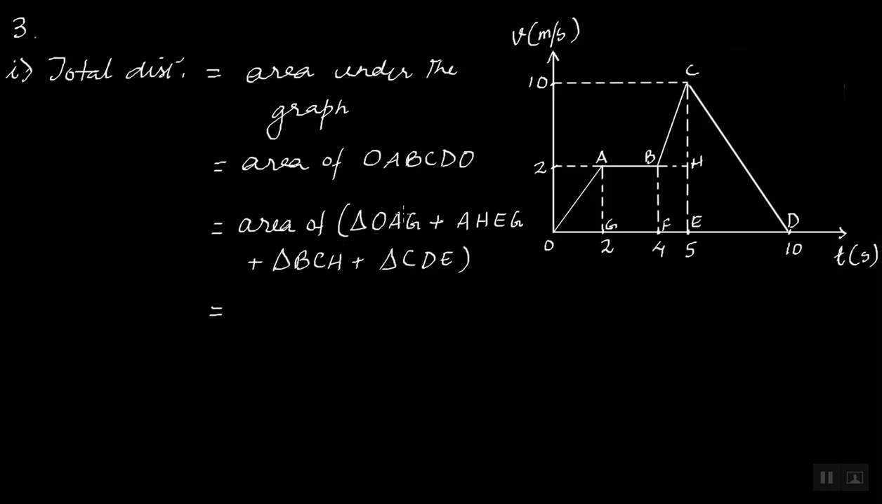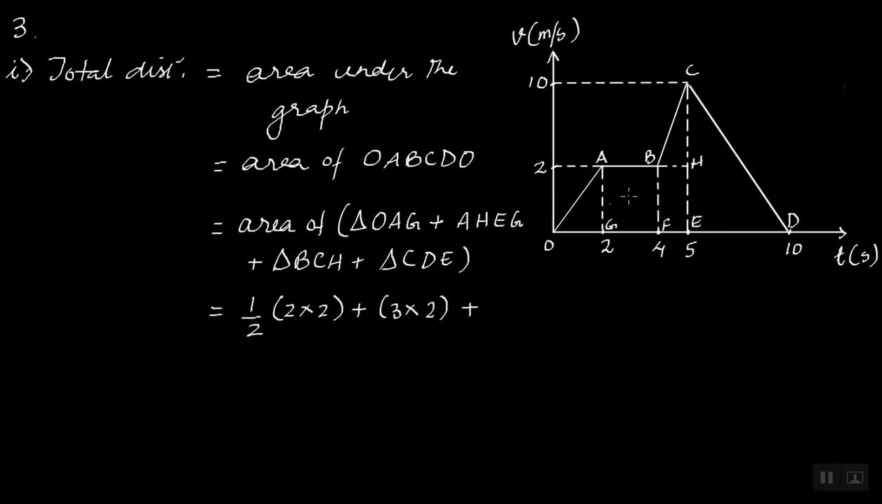Okay, and we know the area of a triangle is half base into height. So for this triangle, the base is this length, which is 2, and the height is this length AG, which is also 2. Plus this rectangle, which is length into breadth. That means this length GE, how do we know this length? It is 5 minus 2, so that means 3, into this length, which is 2,